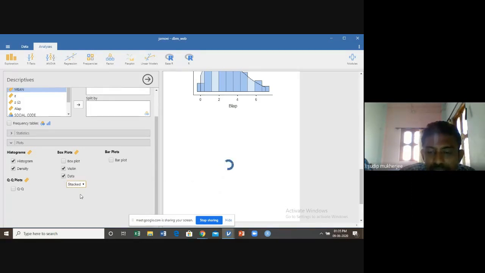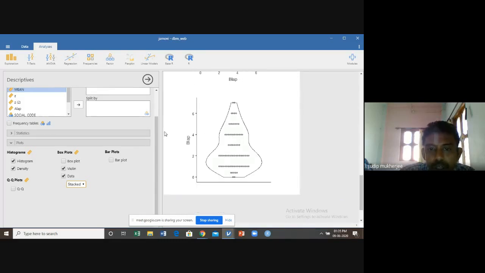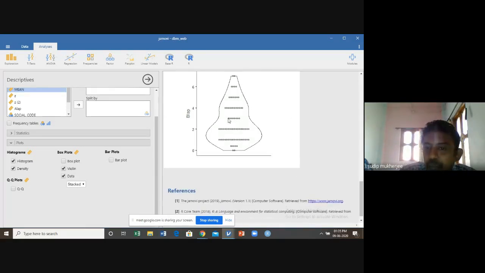After clicking data and using the stacked option, you can see the beauty of this package. This is the violin diagram with the data.